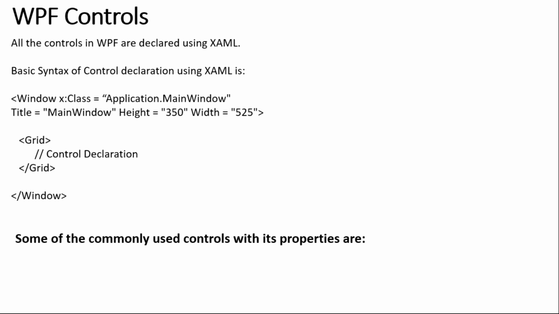Like Crystal Reports and all these things, group box and all these things. Similarly, we had some properties for each type of control. Let us see, if I'm using a text box and I want to use it as a password, we were using the password char property. If I want to use that particular text box as a text area, that is a large text box, we are using the multi-line property. Right? So each and every control had its own properties. Similarly, WPF has its own controls and has its own properties.